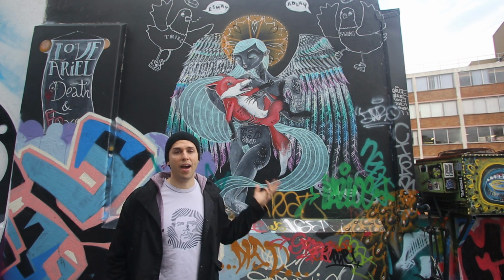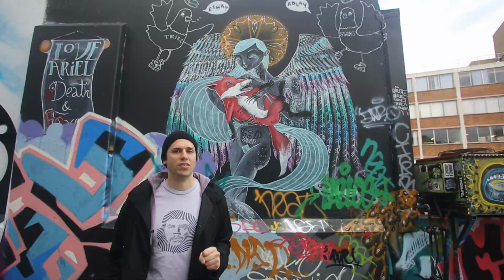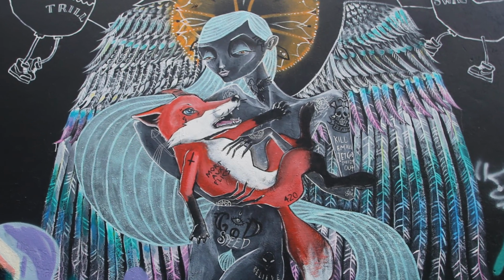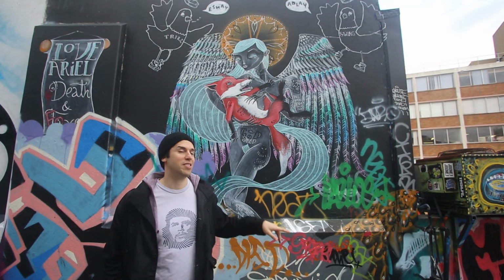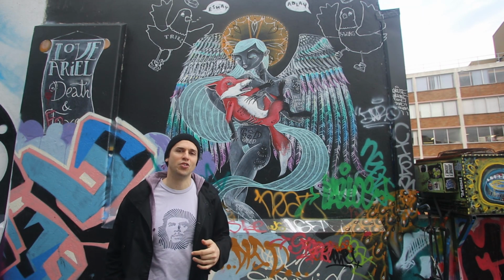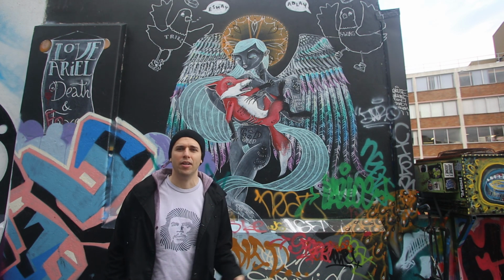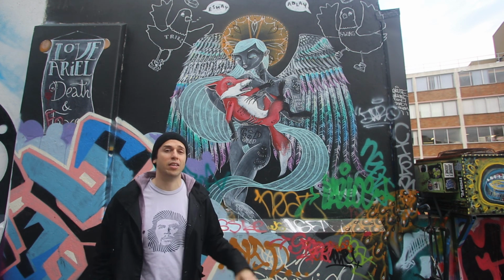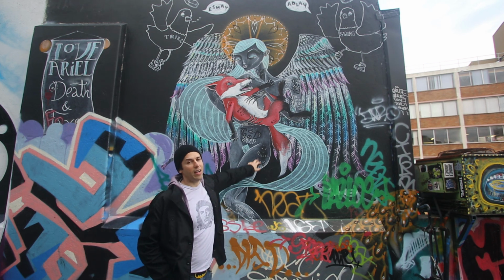Interesting subject matter. We have an angel cradling a fox, and just the expression on their faces, not quite sure what's going on, but the fox doesn't look that happy. It's a bit disturbing, and also with the different kind of mixture of the tattoos on the angel, it almost has that angel of death feel about it, with a mixed up theology like we've got the Egyptian here, we've even got aliens,